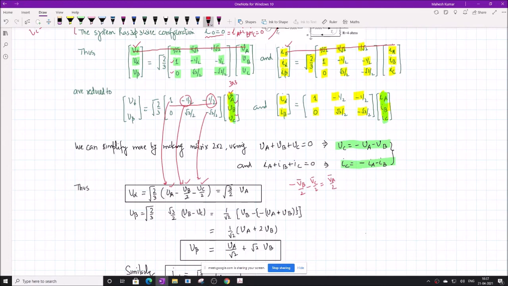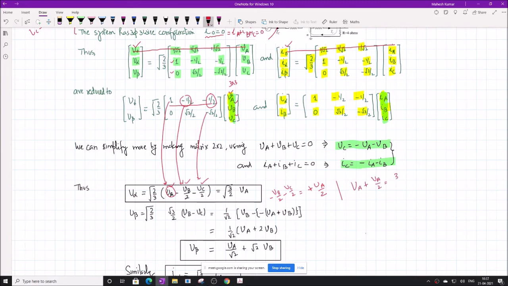So BA by 2 and this BA. This is in time domain, so you can use time domain. I think we should not use phasor domain. We can also use phasor domain because only one frequency is there, but maybe consistent here. So this becomes minus BA by 2 equal to plus BA by 2 equal to minus BB by 2 minus BC by 2. Substitute in this, it becomes therefore BA plus BA by 2.